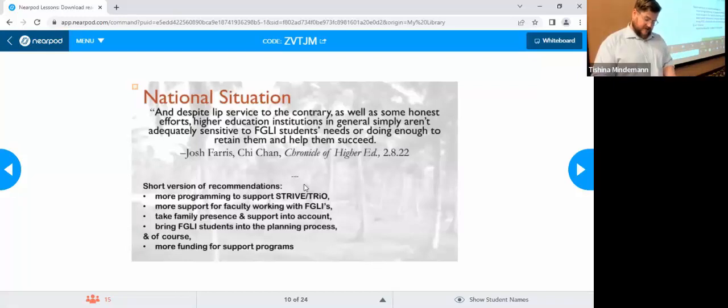Data from the Pell Institute reveal that only 11% of students nationally who identify as both first generation and low income graduate with a bachelor's degree within 6 years of matriculation." So 11% within 6 years. I mean, that's just a huge failure of our national system. I do have good news for you there.